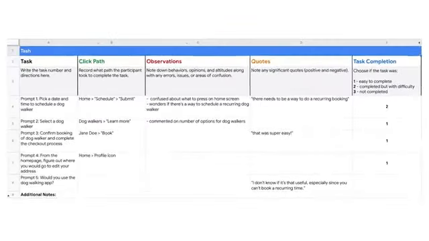Now just repeat the same process for each task. Keep in mind, there's lots of information you can include in your spreadsheet, but sometimes participants share ideas or feedback after the study. In these cases, you can use the additional notes section at the bottom of the spreadsheet. After the study is completed and you've added all of your notes to the spreadsheet, it will be easy to identify the most common participant behavior and the tasks participants found easy or difficult.